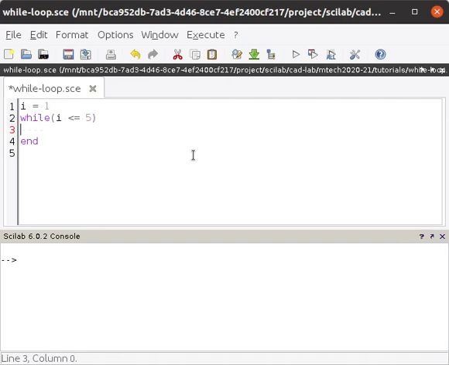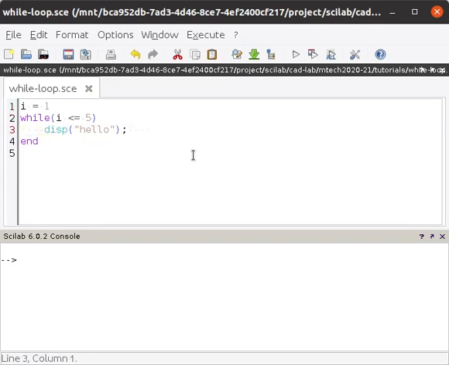Now to check the loop, here we write something like display, or this is the print command. Anything you can write here, like I'm writing here hello. At this time, if you run the loop, it will run for infinite time. Why? Because you are not changing the value of I, it is always 1.